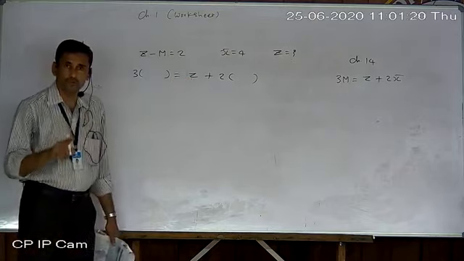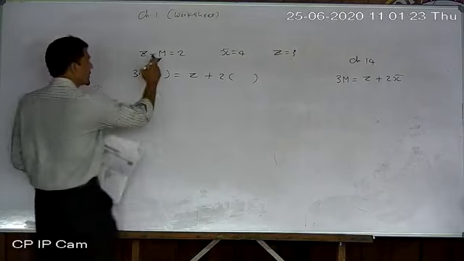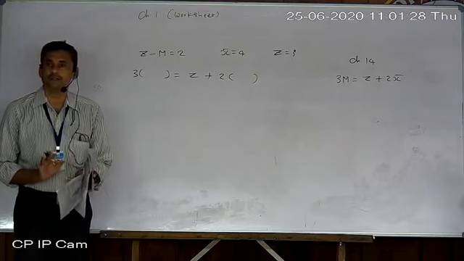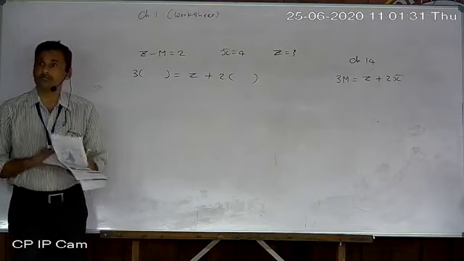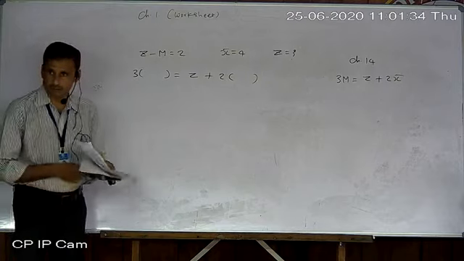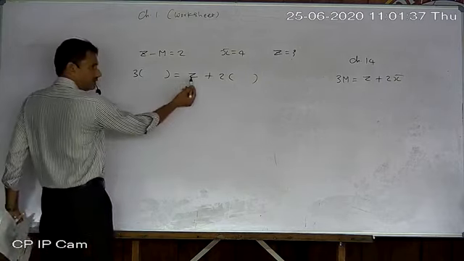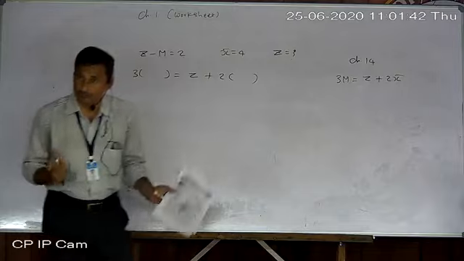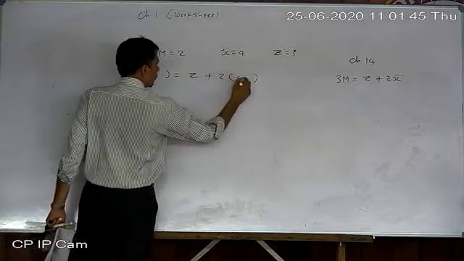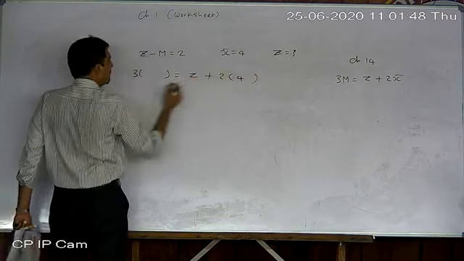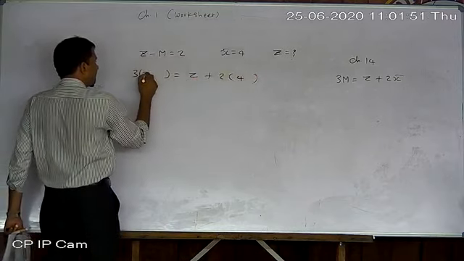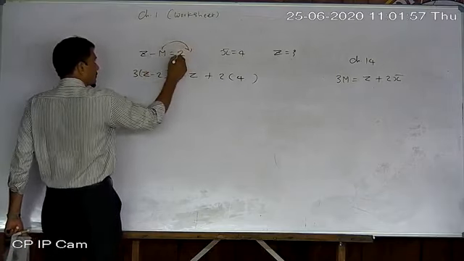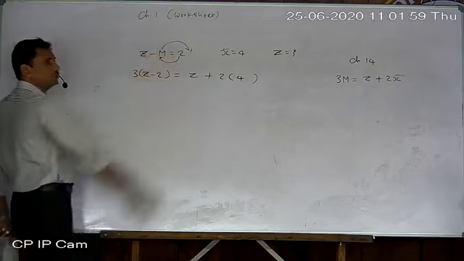So the remaining both should be removed whenever one equation and one value are given. Just remove the unnecessary variable, the extra variable which is not asked. Then only you can find the required one. Why? Because from one equation only one variable can be found, not more than one. So write down x bar 4. Formula I have written there. Now in place of m I can write z minus 2. Why? Z minus m equal to 2, so m comes here, so 2 comes there. So z minus 2 equal to m.